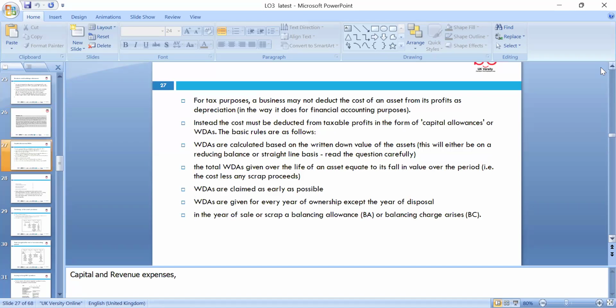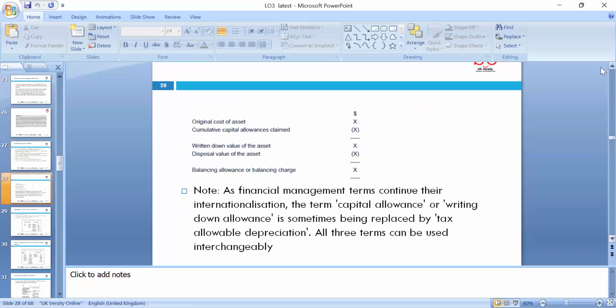Okay, so the written down allowance is very useful, and the balancing charge in the final years of disposal and all this we need to look at separately. So we need the original cost of the asset, the cumulative capital allowance claimed, and the written down value of the asset, which we can look at to see how much was disposed of. The balancing charge is the way we can calculate that. So you have to look at what the original cost was, how much allowance you already claimed, the written down value, how much was disposed of, and the rest we can claim as a balancing allowance,